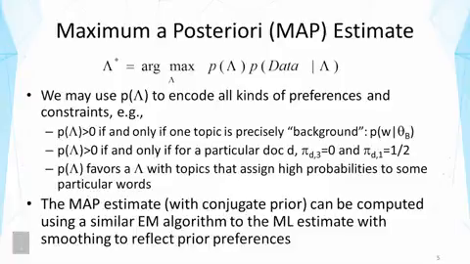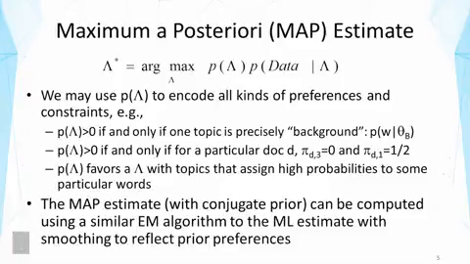with just some modification to smooth the parameters to reflect the prior preferences. And in such an estimator, if we use a special form of the prior called a conjugate prior, then the functional form of the prior will be similar to the data. As a result, we can combine the two, and the consequence is that you can basically convert the inference of the prior into the inference of having additional pseudo data, because the two functional forms are the same and they can be combined, so the effect is as if we had more data. And this is convenient for computation.